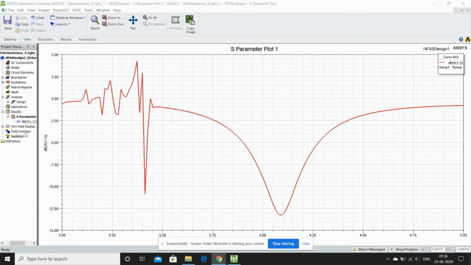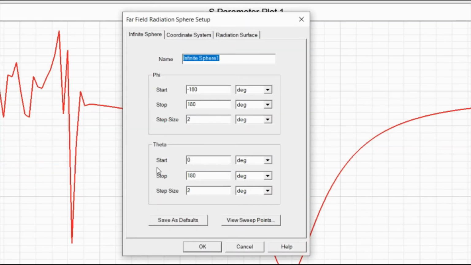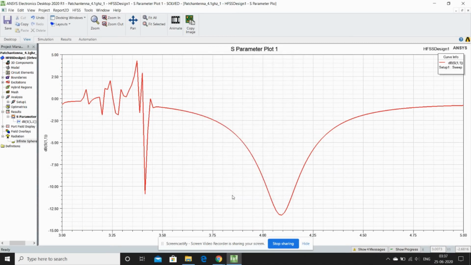Now for far field setup, first I will go to radiation and I will set up the far field sphere. Just right click, insert far field setup, infinite sphere. I will consider theta from -180 to +180. Click OK.